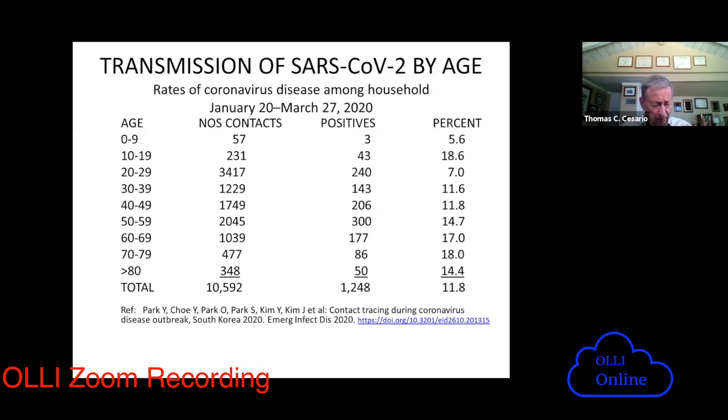But this week, a new article came out saying that young children have as much or more virus in their nose than adults do. They may actually be expelling more virus because they may have more virus in the nose, which potentially could be a source of additional virus in the environment. But based upon this, we say very young children under 10 probably are less likely to transmit it. This has nothing to do with getting sick. It just says if they get sick, what is the likelihood they can transmit it to others within their household? Next slide.